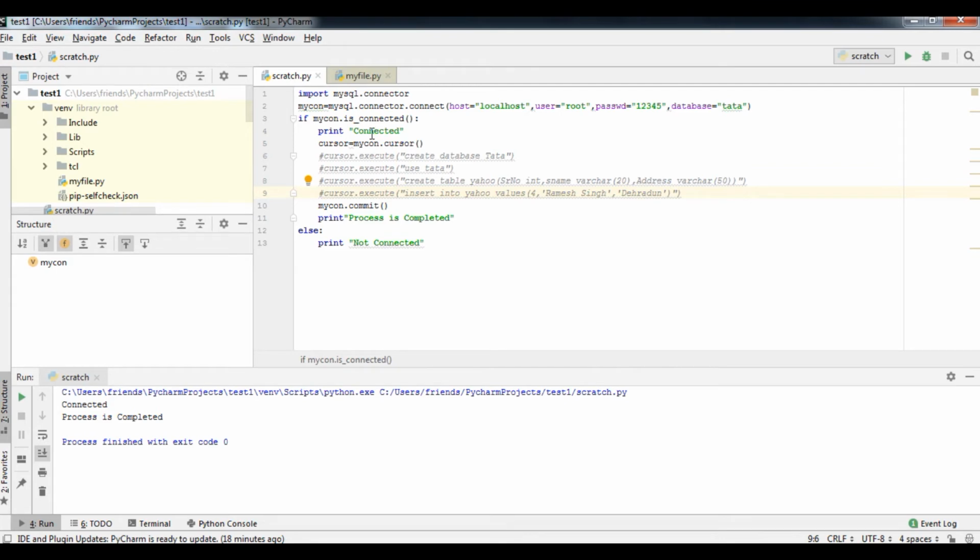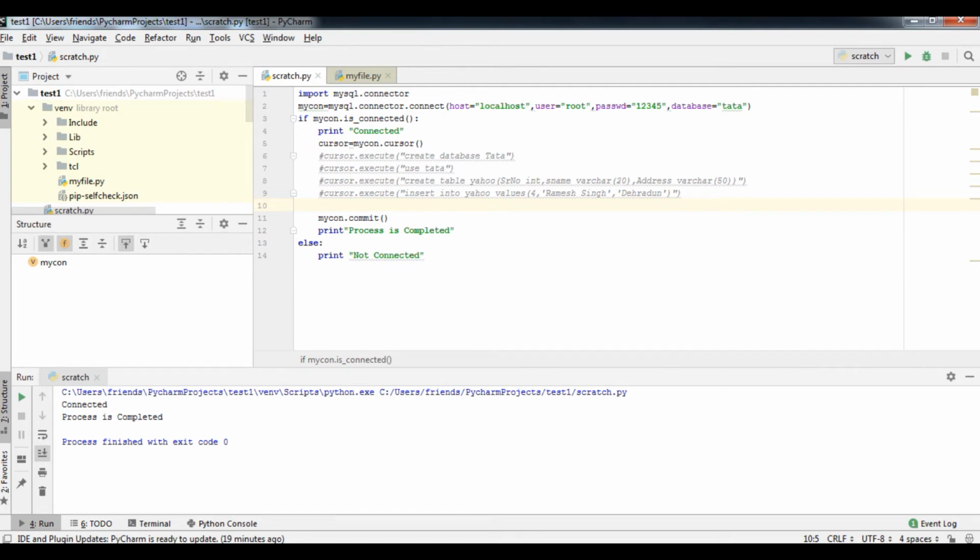And after that I will get the cursor to enter the details, update the details, everything, and fetch data and perform the operation in the database, I mean to say the record. Okay, and then after that some command to insert the record, and after that I have to comment. If it is not, it will say not connected. So student, every time whenever you are going to perform some action, you have to use the commit function along with my connection object. Now we are going to update the record.